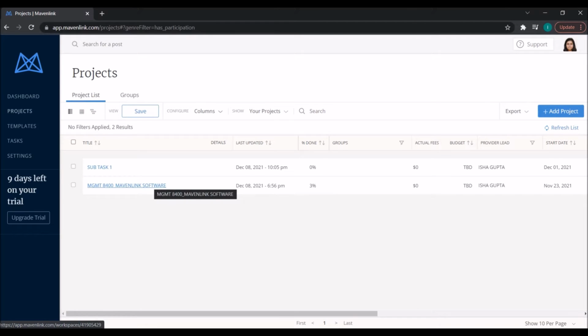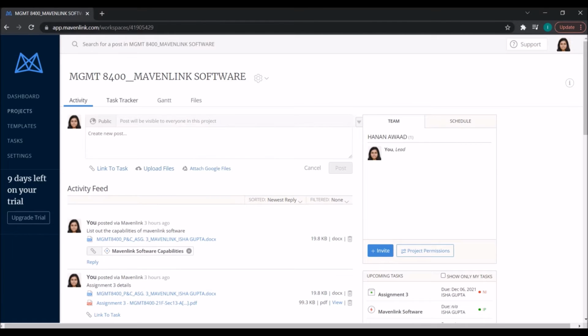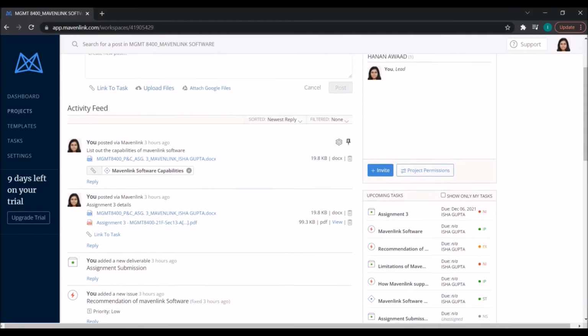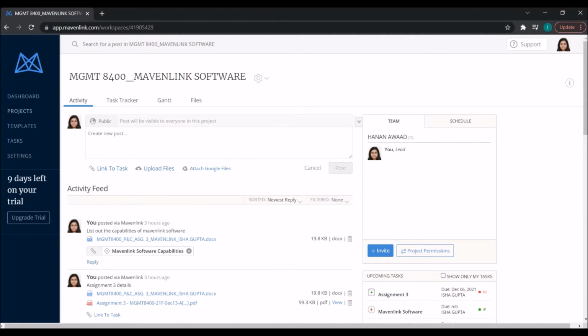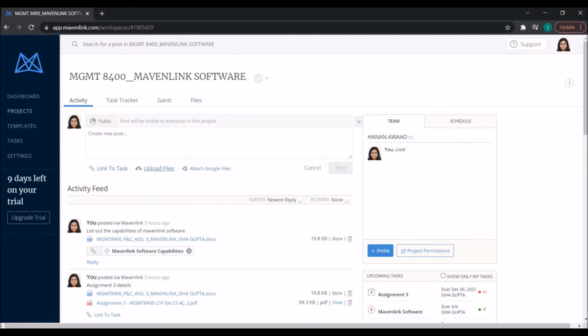When I wish to see something about a specific project, I will just click on the project name and I can see the information about that project. So I have added my professor, Miss Hanan Awad, and myself in this. What I did was I first created the project and then added tasks to that project.